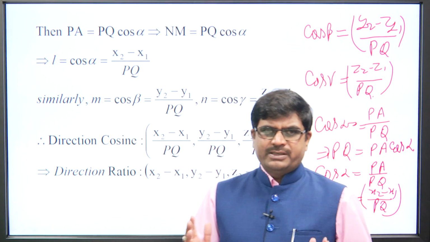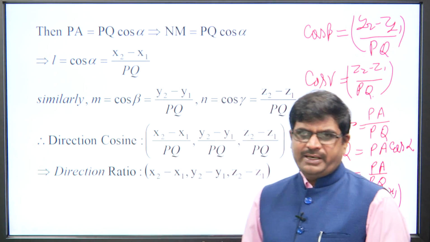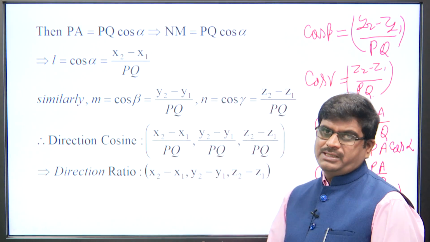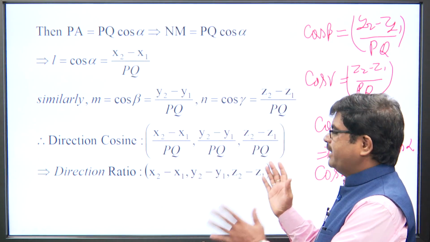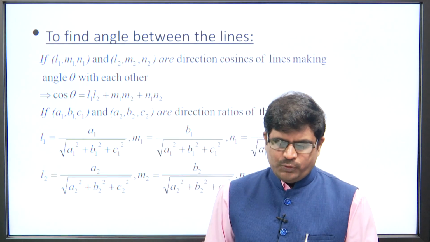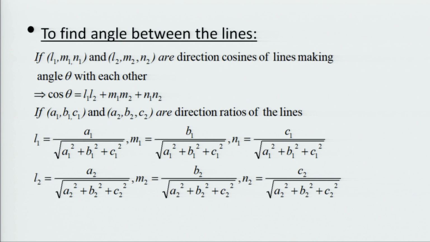This is the main difference. The main difference between direction cosines and direction ratios is, in the direction cosines we divide by the distance, in the direction ratios we take their coordinate differences. To find the angle between two lines, suppose L1 M1 N1 and L2 M2 N2 are direction cosines of two lines making an angle theta, then cos theta is L1 L2 plus M1 M2